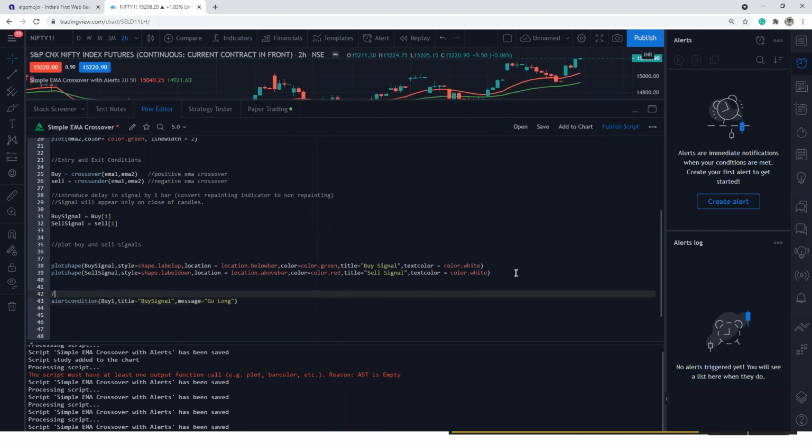So here we are configuring alerts. And likewise, I'm going to plot for the sell signal. Sell signal, title is a sell signal, and the message I can say go short.